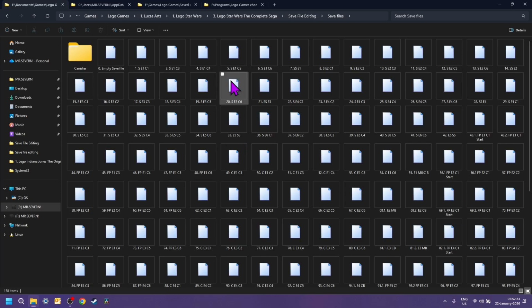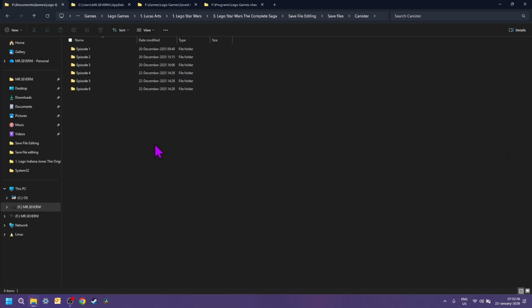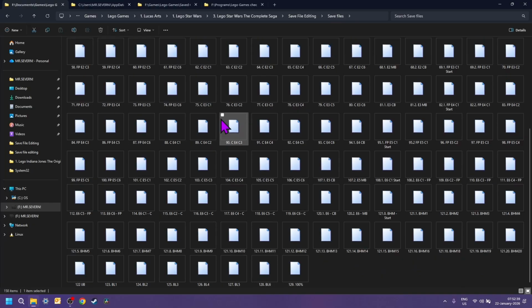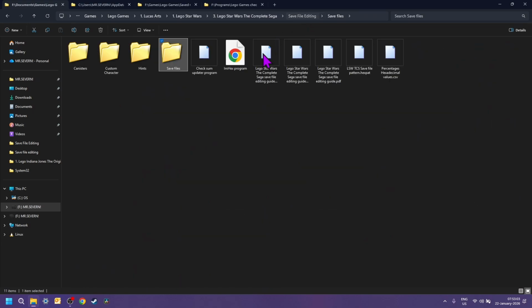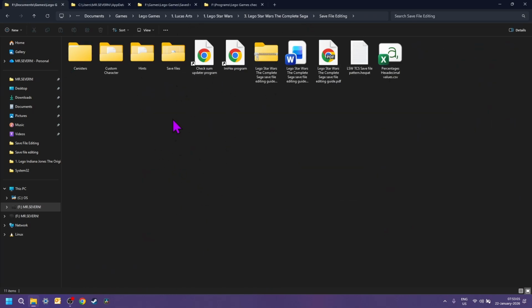And then I've got save files here, and for the canister videos I did, unfortunately, because it's not a proper file extension like the previous two games, you can't have it remember to always open in IMHEX. So you've got to manually tell it to open in IMHEX every time. So that would be opening in IMHEX in the background, and then is the save file path.